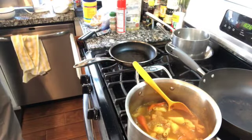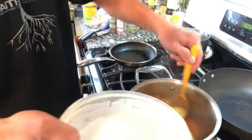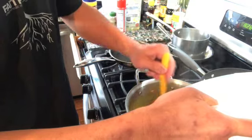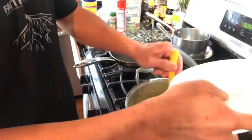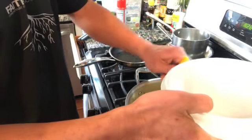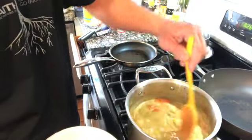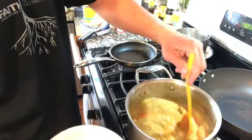and I added a little bit of cornstarch and whisked it together to stabilize it, to try and prevent the coconut milk from curdling. So we're going to add that in slowly. And as we add in, you just want to stir it very well to prevent that curdling and hopefully get a nice smooth mixture here. Now the coconut milk is going to just add a depth of flavor to our curry and a richness